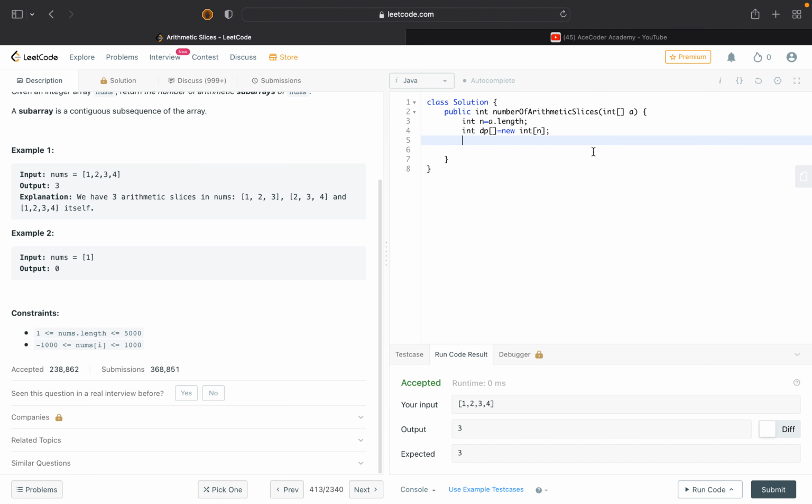And now I create an answer variable equal to 0. Now from int i equal to 2, and i less than n, and i plus plus, the first thing that I will check is whether a of i minus a of i minus 1 is equal to a of i minus 1 minus a of i minus 2. So if these two values are equal,